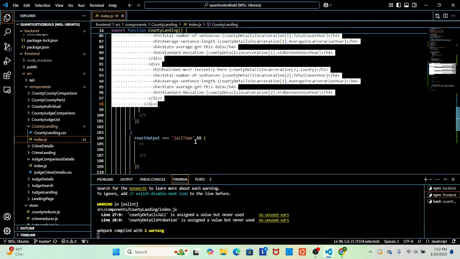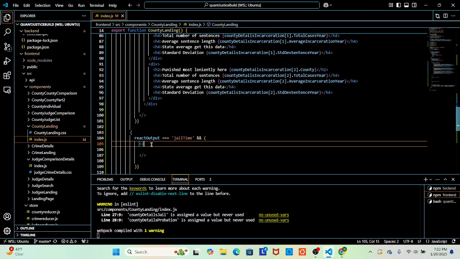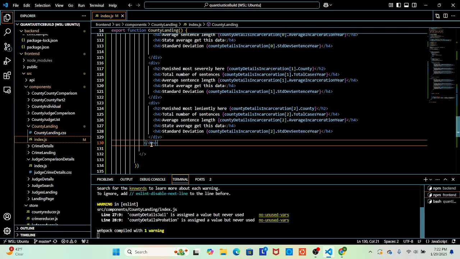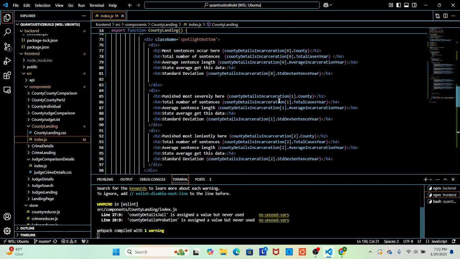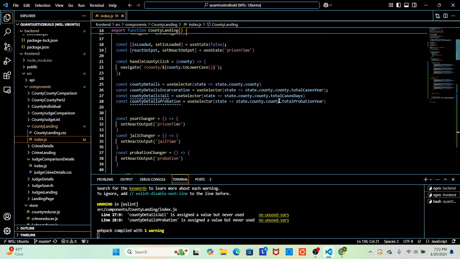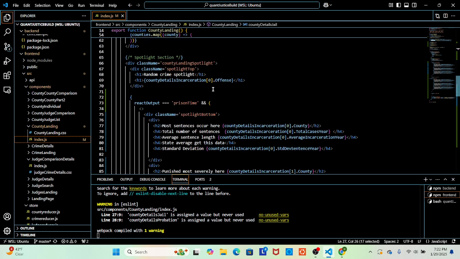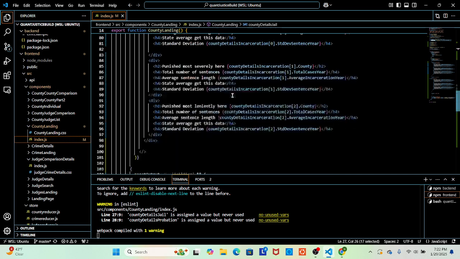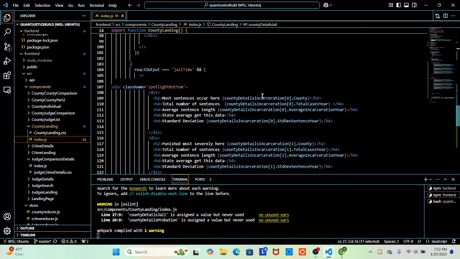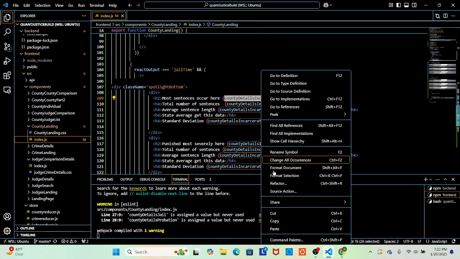Prison time. Jail time. Before we move on to the other one, we just need to figure out what incarceration, county details, jail. So prison times, good. Now it's going to be exactly the same setup.